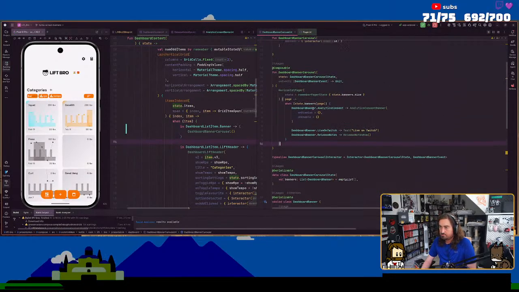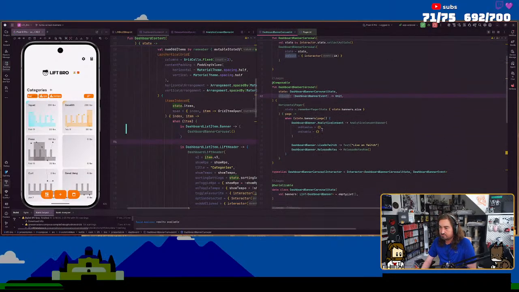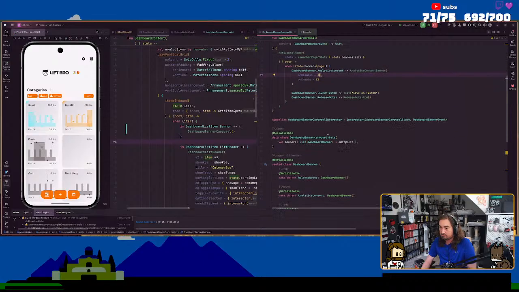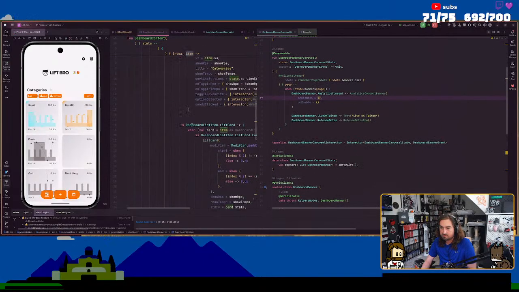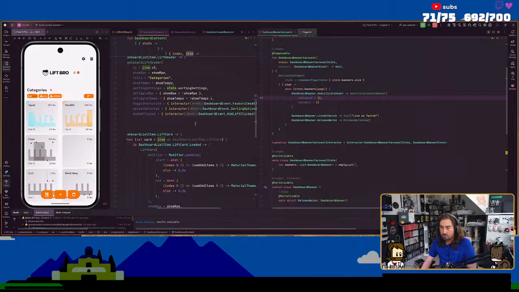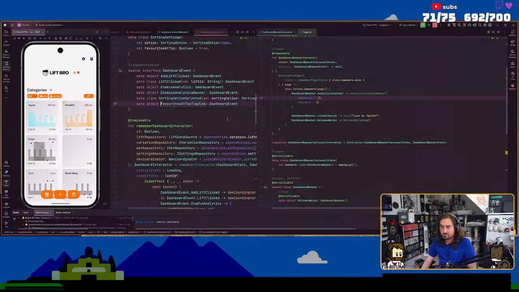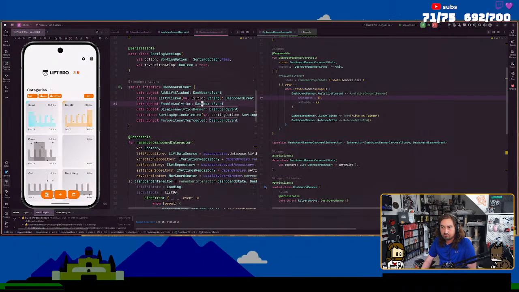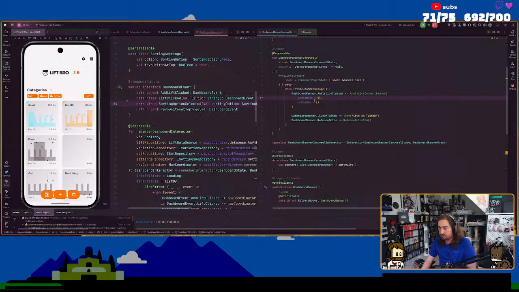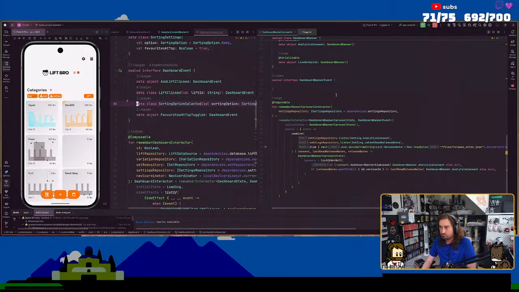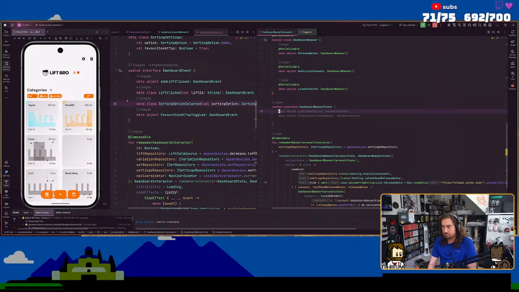Okay, so we've got this on event. We don't actually have any events yet. I guess there was enable analytics and dismiss analytics, which I will just pop over here.